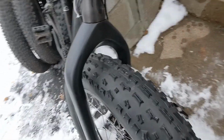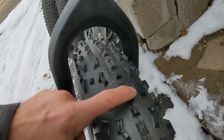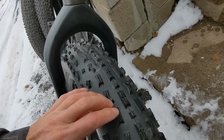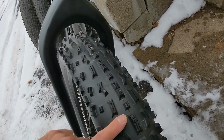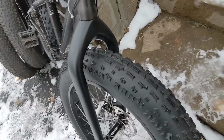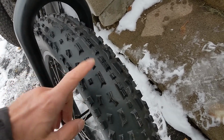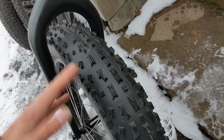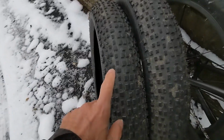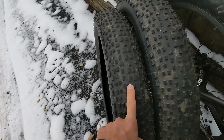Here on the front tire, you're probably a little more fortunate with this kind of center ridge on pavement and such. So if you were to ride on hard packed dirt or even on pavement a lot and you wanted a more aggressive tread, you could get two of these and put the Surly Bud on the back. But that just doesn't make a lot of sense because it's like, why have all this aggressive tread for those kind of conditions? So for me, I got these tires more for dirt or packed dirt in situations like that,